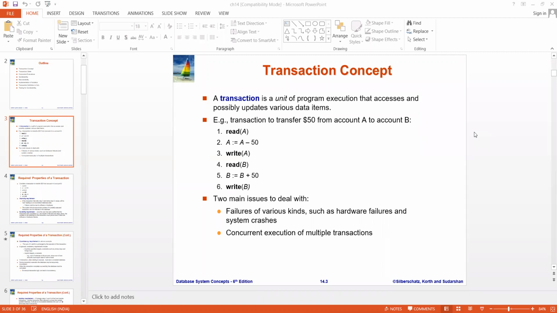It won't change in hard disk. So what will be the data value of A? 100. Easy? Okay, suppose the system crashes after first. What is the data value of A? 100. If the system crashes after 3, what is the data value of A? 50. If the system crashes after 5, what is the data value of A? 50. And what about B? 100. Good. So the challenge is that if the system crashes.